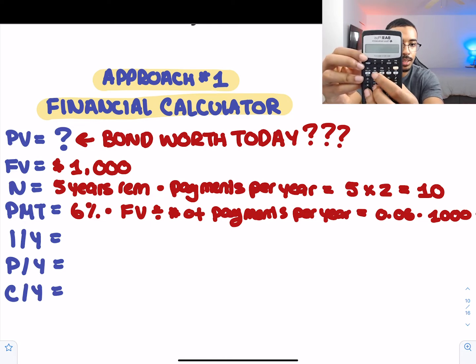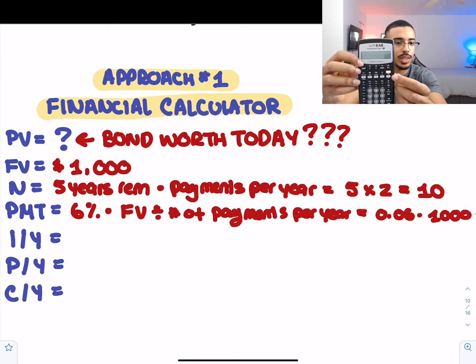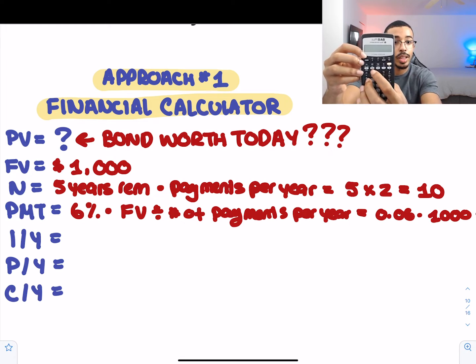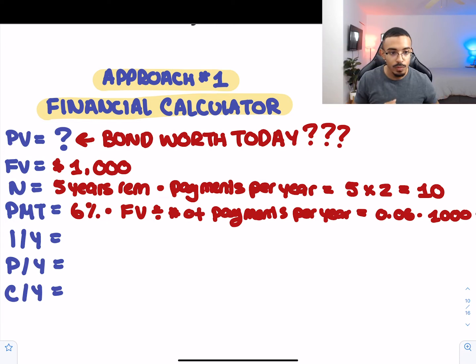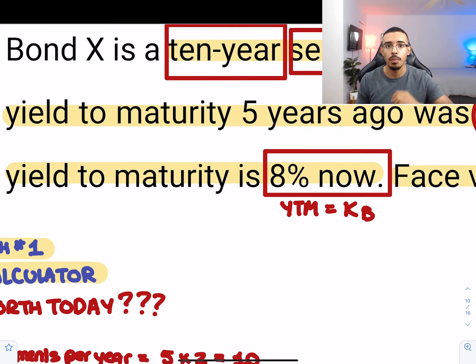Payment. Now, if you remember, N is this right here. So that was our 10 that we've discussed. And then payment right here will be 30. Now for IY, our interest rate, our KB, this is really simple. You need to apply the same type of thought process. We know, if we look at our question, that the yield to maturity is 8%. However, we have payments that are being done every 6 months,